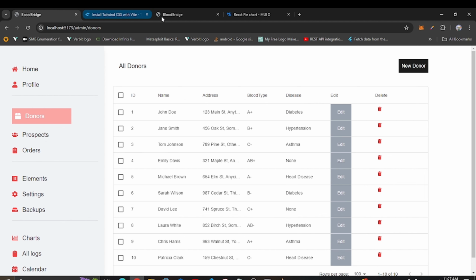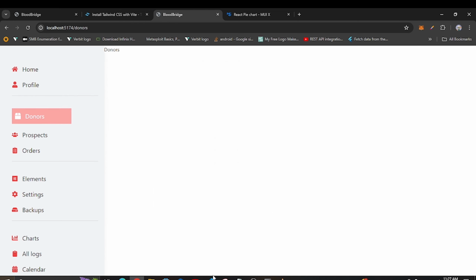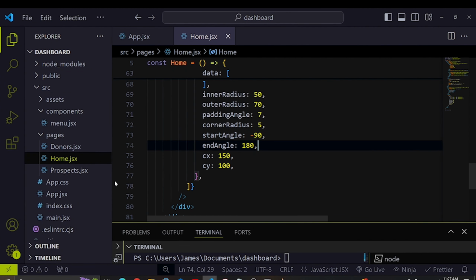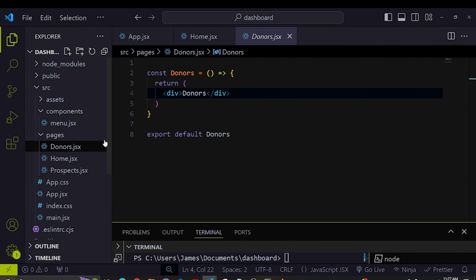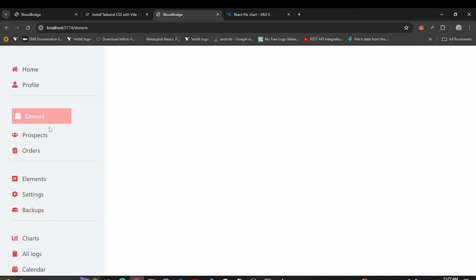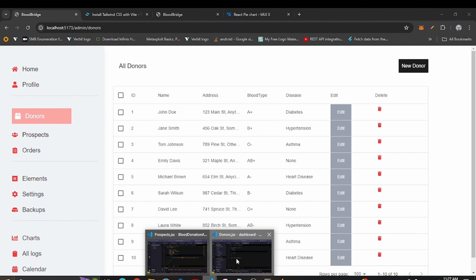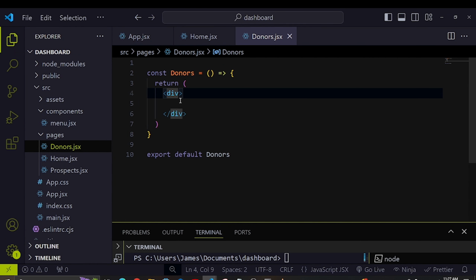So for example, now we are going to come here to this part, and then navigate to the donors page here, and then here we are going to continue. For the donors here, the first thing that I want you to see is that we have this part that holds all donors and this button here. So let's make sure that we create that. Even before that, we can style by giving it a width of 70